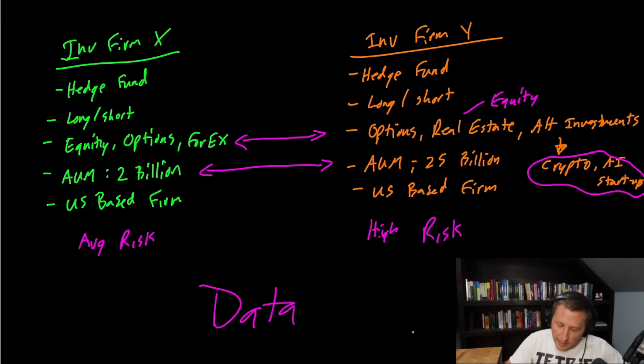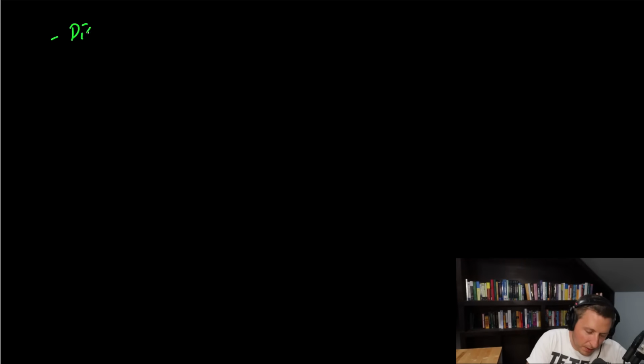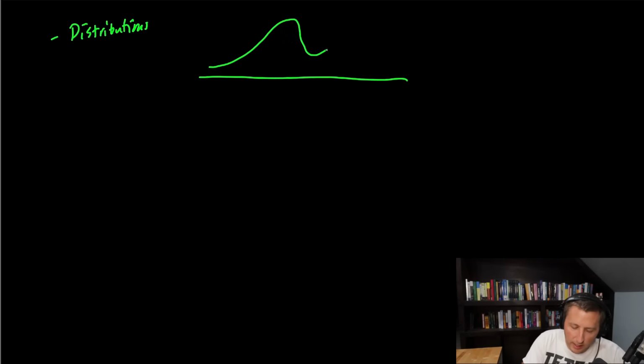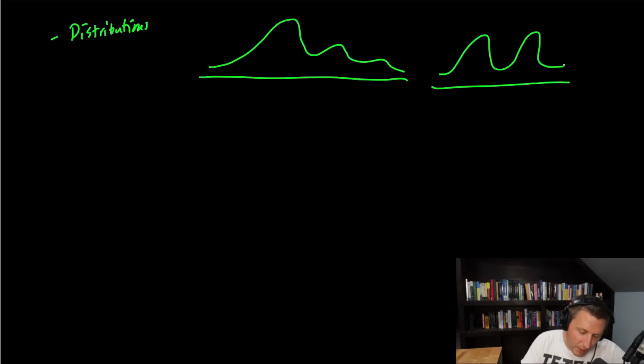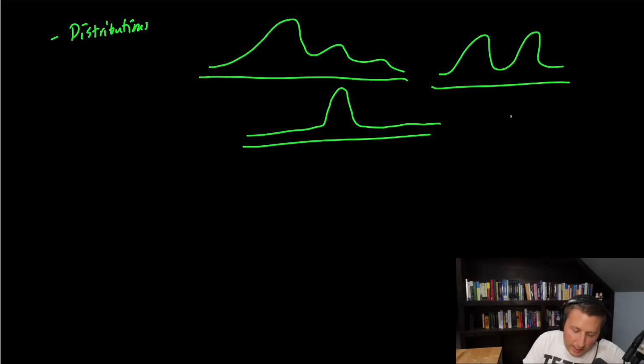Now, things to look at inside the data, and this is by no means a super conclusive list or anything, but looking at distributions, what does your data look like? And often it's not going to be a single mode distribution. Might be bimodal, like this one. You might have high kurtosis. You might have all kinds of different things. Maybe you have some sort of skew within this.